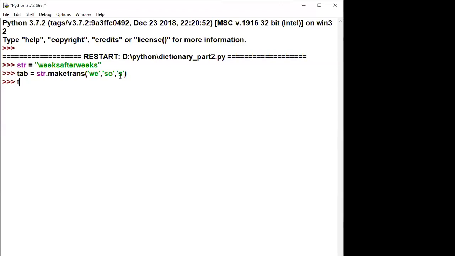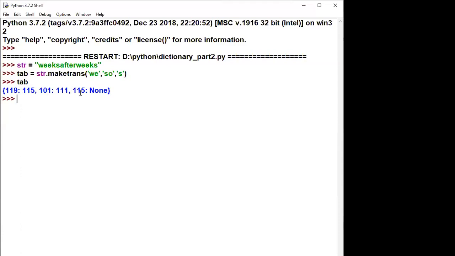Now I'll display the table. The table appears like a dictionary, but it contains some numbers. This 119 is nothing but the ASCII value of W. Wherever 119 appears, it must be replaced by 115, which is the ASCII value for S. The ASCII value for E is 101, so wherever E appears, that must be replaced by O, whose ASCII value is 111.